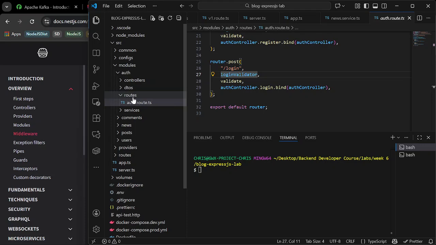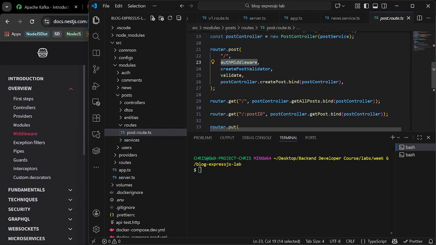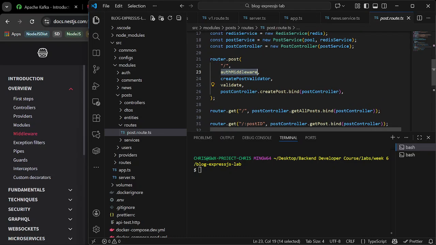If we check our post endpoints, you see here, this auth middleware is a middleware because it stays in the middle between the request and response cycle. It validates if the user is authenticated, because this is a protected route.